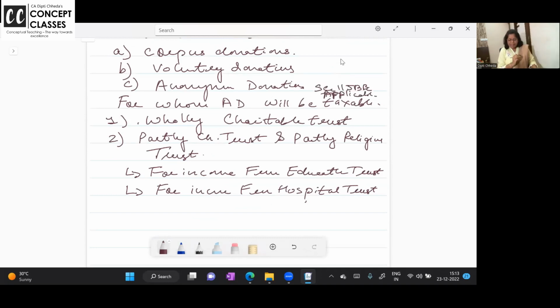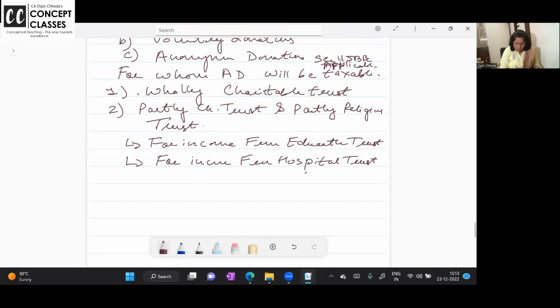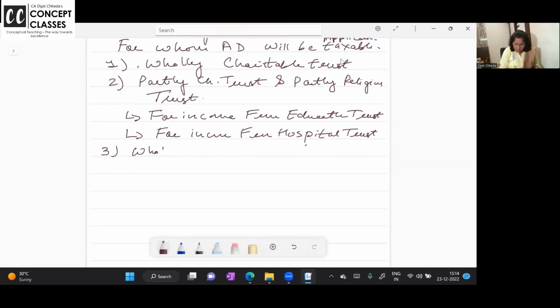Applicable. किसके लिए applicable है? Wholly charitable trust. All charitable and religious trust running schools and hospitals. Now coming to the third one, wholly